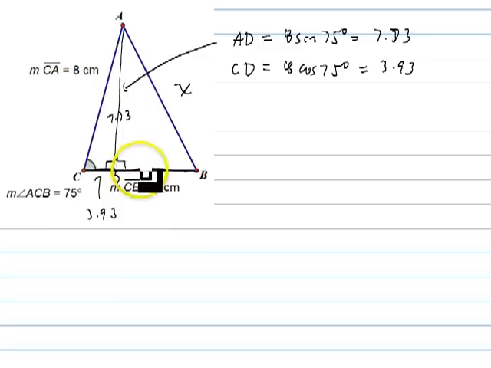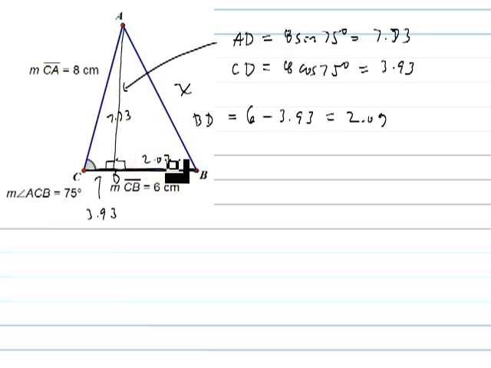Well, that 3.93 can help us get side BD because the entire BC side is 6. If I subtract 6 minus 3.93, I get 2.07, and that's the length of BD. Now, to get my answer for x, I can use right triangle ADB, where I'll see that x squared is equal to 7.73 squared plus 2